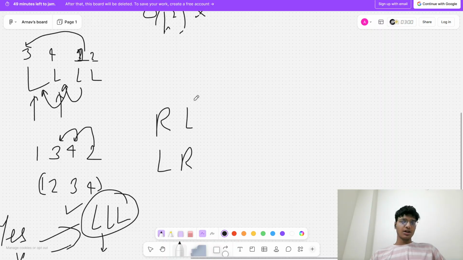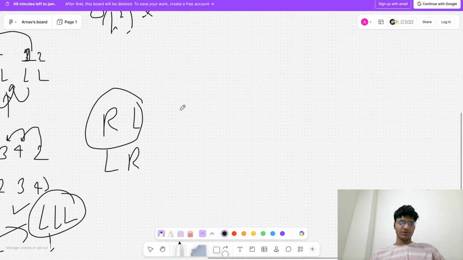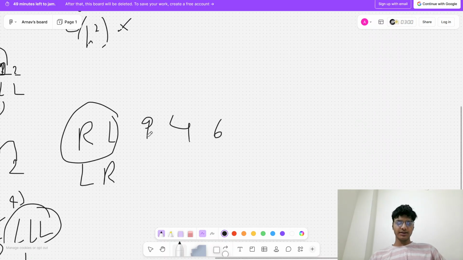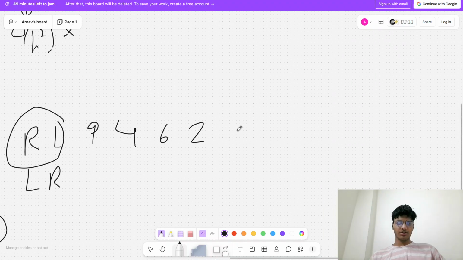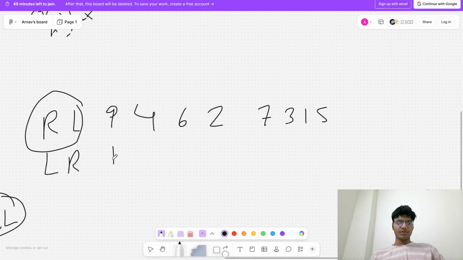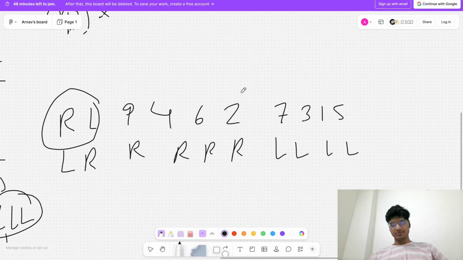...present in the string. So if R and L are present, let's suppose, let's take an input case. Maybe 4, 6, 9, and 2, 7, 3, 1, and 5. Okay. So R, R, R, R, L, L, L, L. Okay. So we know that